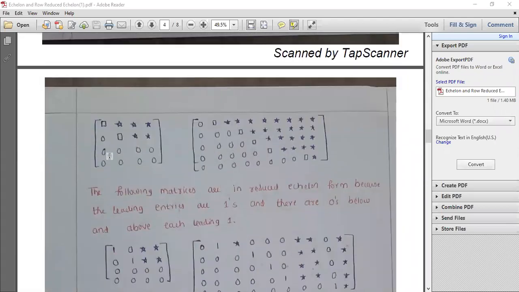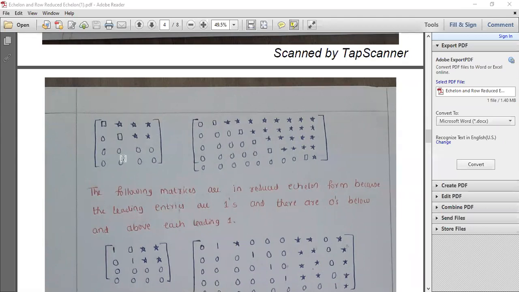Now I'll give you some generalized format. See this, it's a 4 cross 4 matrix. Here, this is my leading entry, so these are 2 leading entries. They may have any numbers, say 1, 2, 3, up to any numbers. But the stars may be numbers or they may be 0, no problem. But this has to be 0. If this is there, then this is in echelon form.